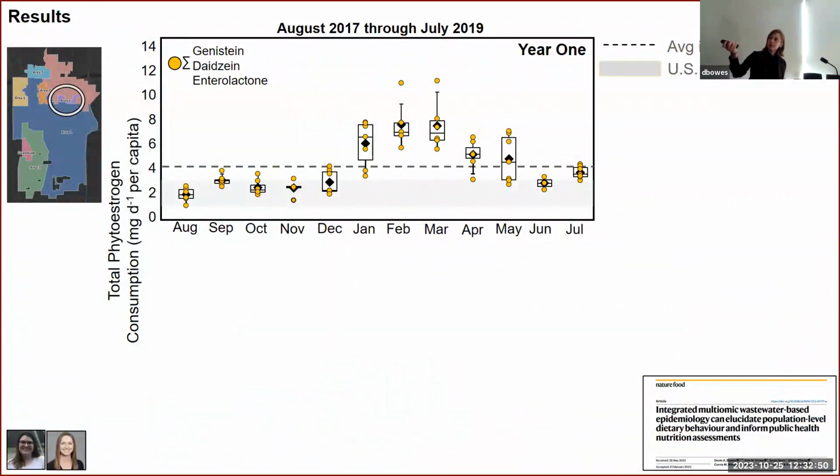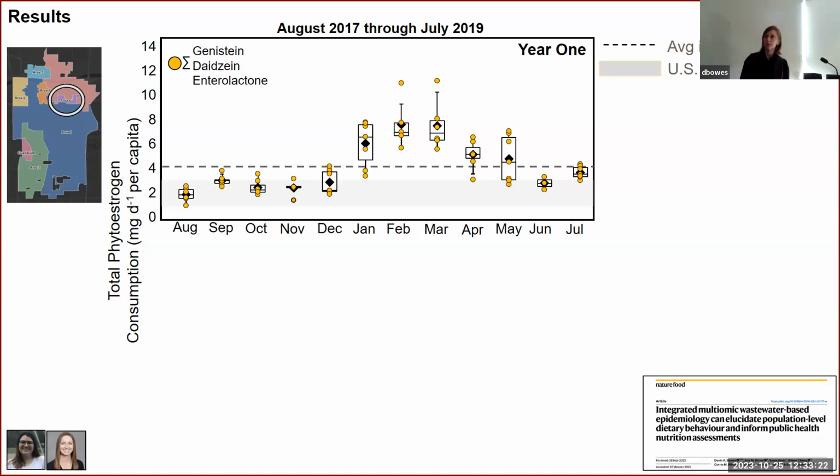So if I could draw your attention just all the way to the left. So again, our friendly catchment map, but I have a circle around a teeny tiny purple area there, area 6. So this is roughly a maximum population of about 10,000 people. Isolated residential community. It does not receive any infiltration of sewage flow from other neighboring catchments, so it is its own unique signal. And that is one of the major reasons why I chose this to test this out. I figured it would decrease uncertainty here.